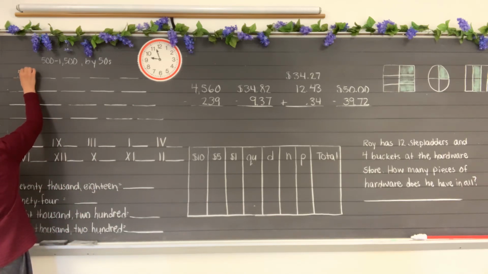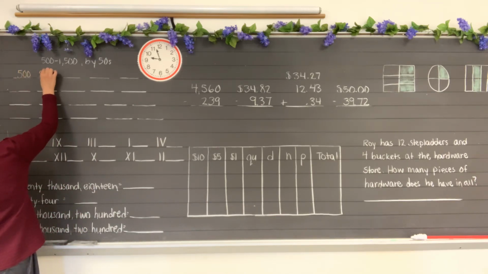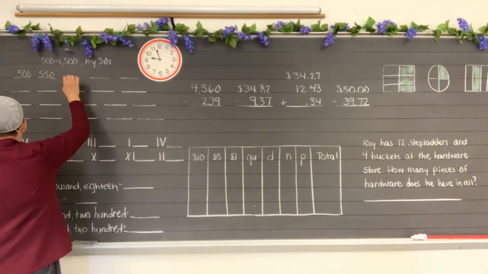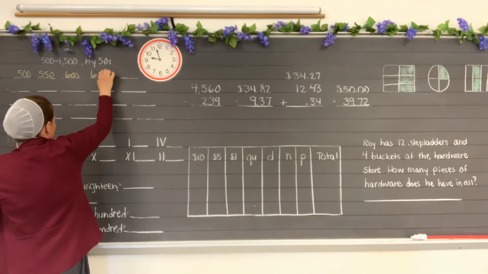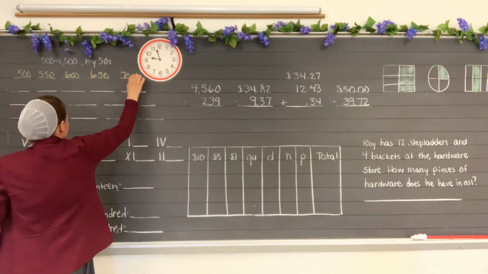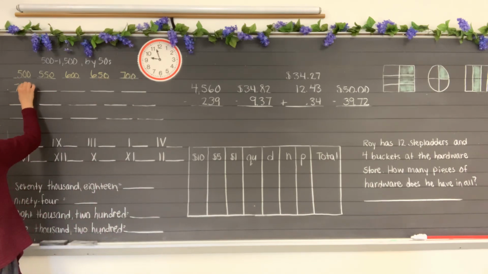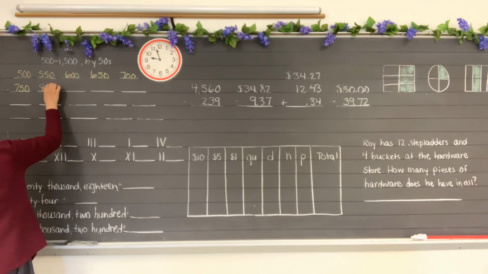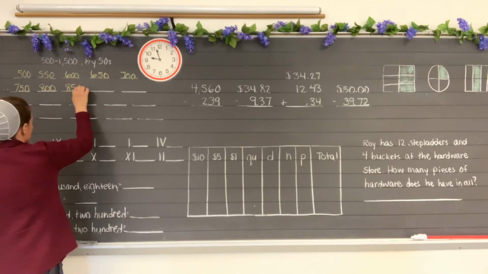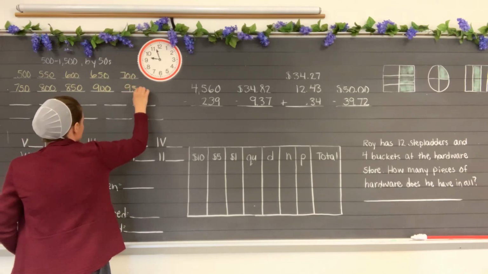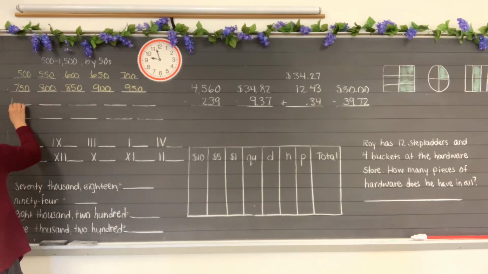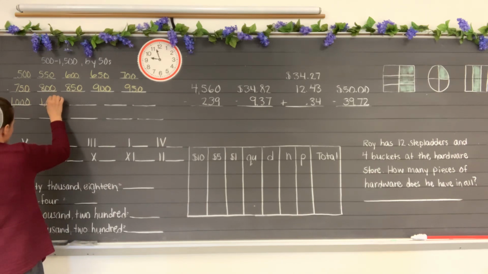So 500 and then 550, 600, 650, 700, 750, 800, 850, 900, 950. Then we have 1,000. Then 1,050,